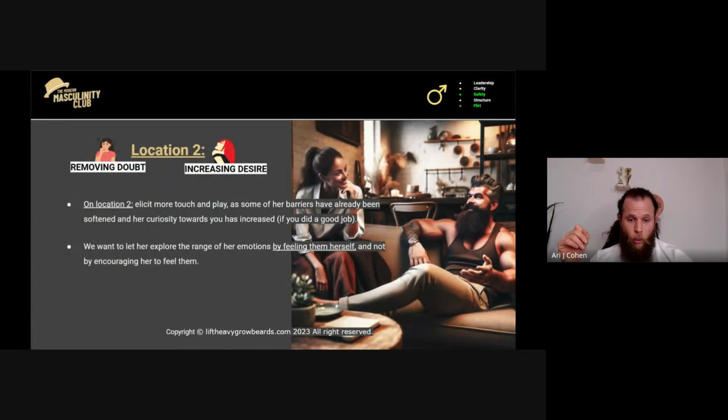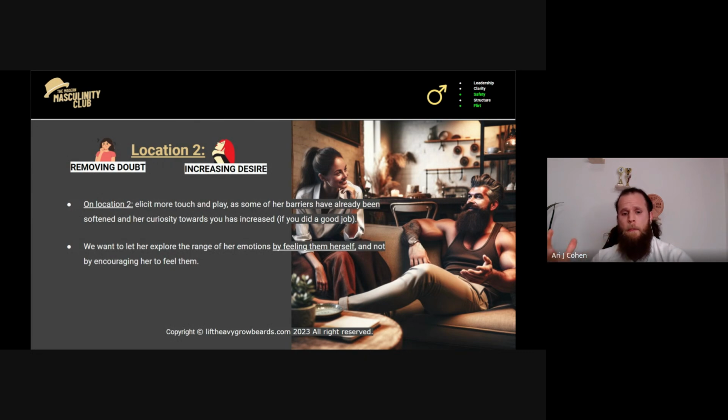So if we're going to play pool, for example, we can show her how to use the cue. We can tap her on the lower back every once in a while, or tap her on the tricep, saying like, "Hey, you naughty girl, what do you think? You're gonna beat me? I'm gonna kick your ass." Play around, flirt.